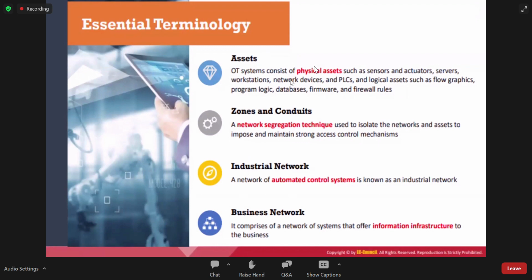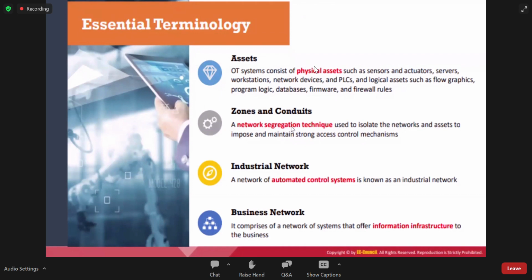An OT system consists of physical assets such as sensors, actuators, servers, workstations, network devices and PLCs, and logical assets such as flow graphics, program logic, databases, flow nodes and firewall rules. These are what we call assets, and zones and conduits.